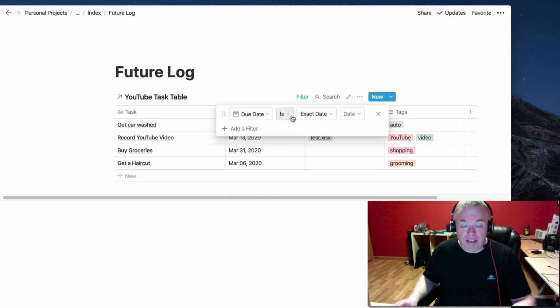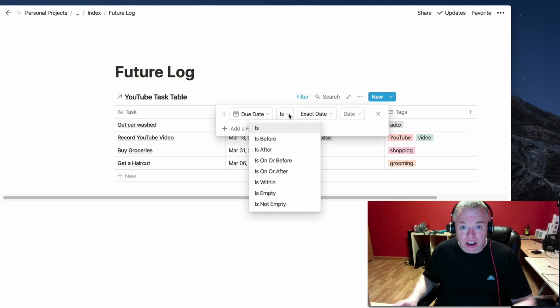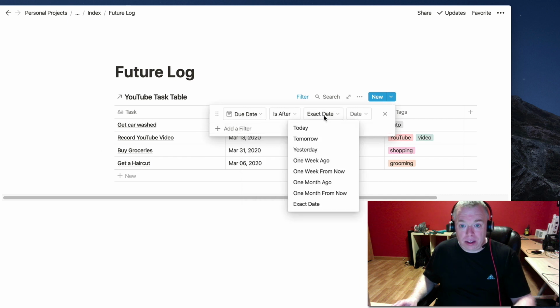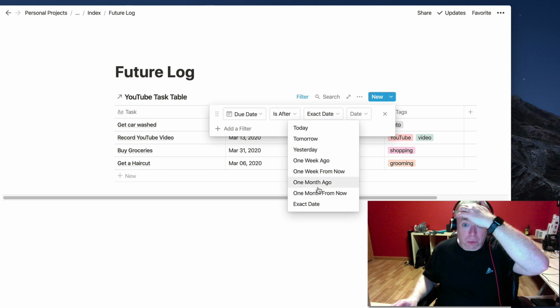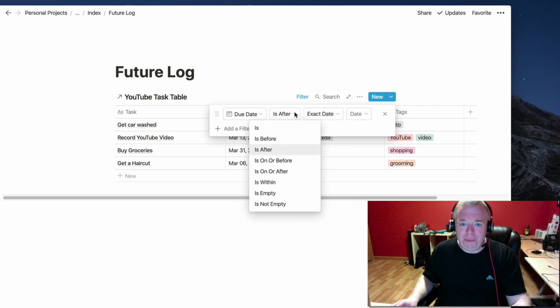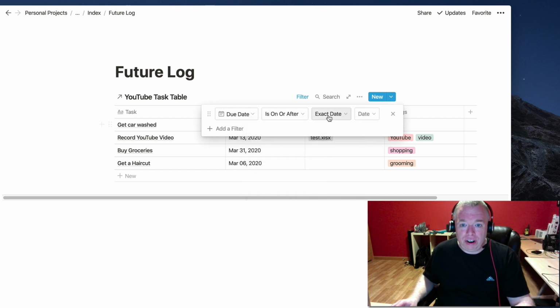Here it says is, so this is basically like Boolean values, if you want to think of it like conditions. So you can click in and choose like is before, is after, on or after, within a time frame, if the field is empty or not empty. We're actually going to choose after 1 month from now. Actually, no, we'll go back. I almost messed this up. Is on or after